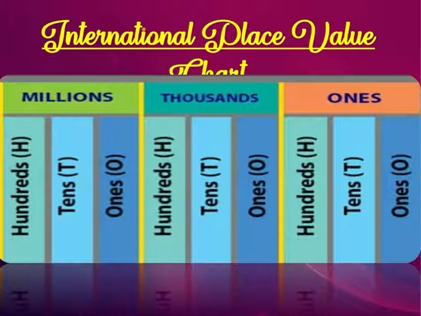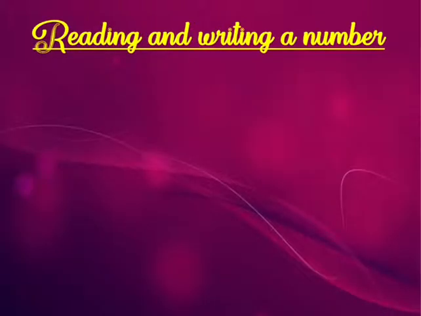So, our first place will be 1 million, the second will be 10 million, and the third will be hundred million. So, in the international place value chart, every period has 3 places, and in the Indian place value chart, only the ones period has 3 places, the rest have columns of 2, 2.